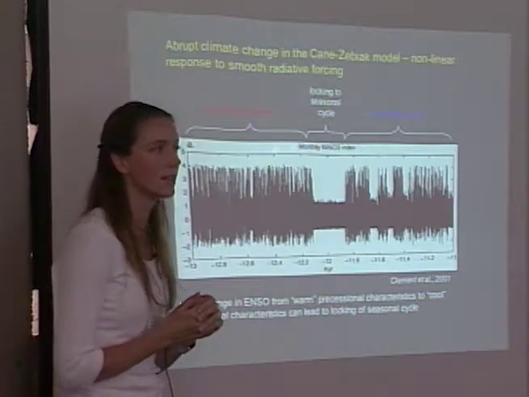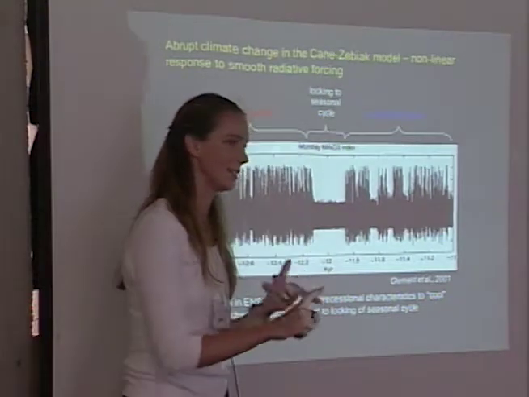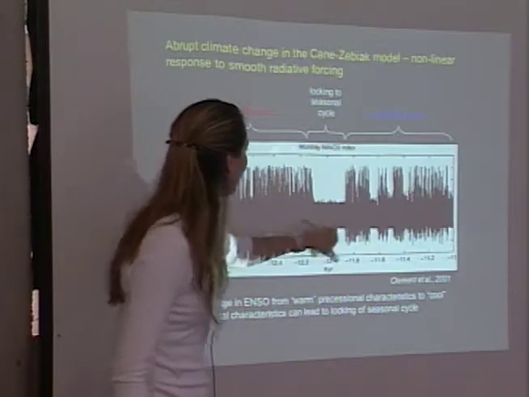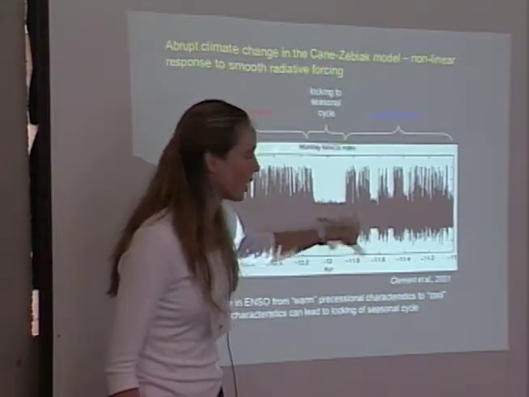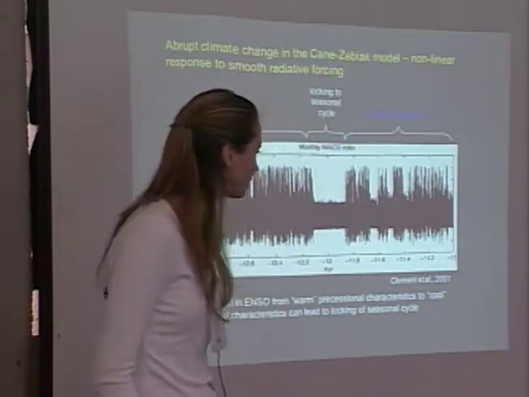Can you get stuck, in the El Nino sense, in a different regime, be it a seasonally locked regime or any kind of other high intensity regime? And then you can affect global climate patterns that way very easily, obviously, if you just wipe out El Nino all of a sudden.